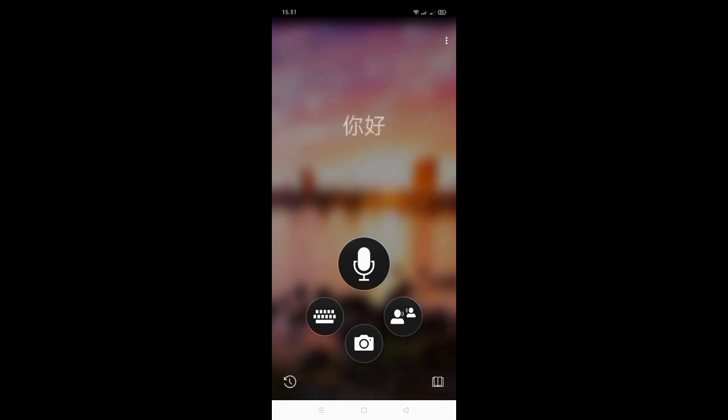Next, we enter the conversation group translation feature. Let's go back, looking to start a conversation with a larger group of individuals.